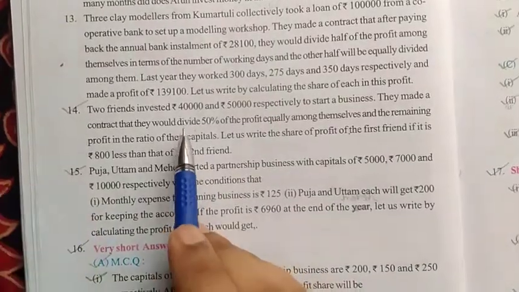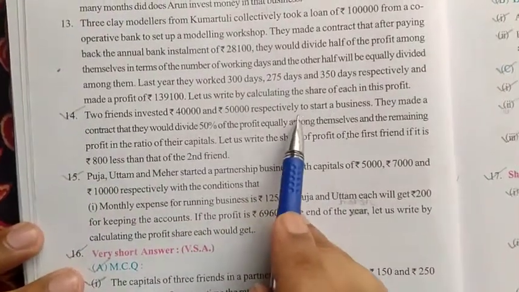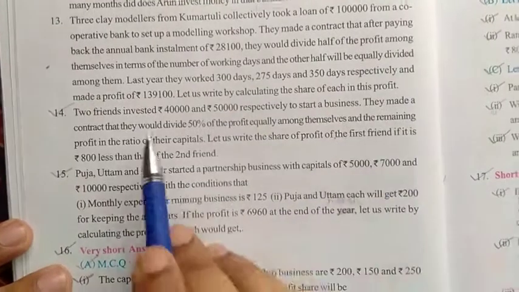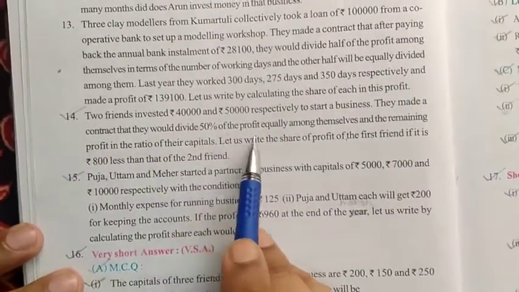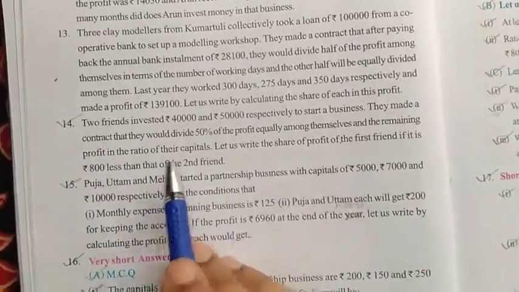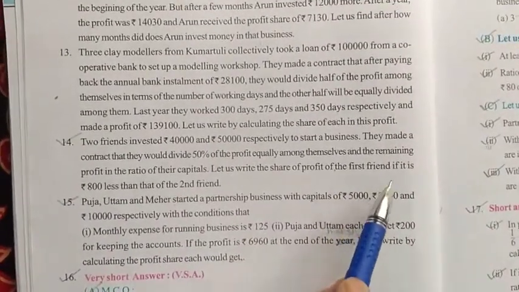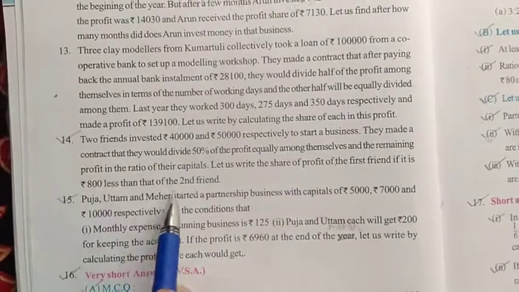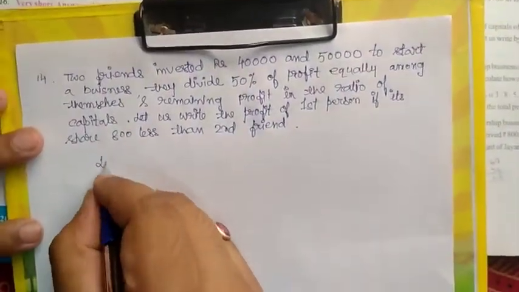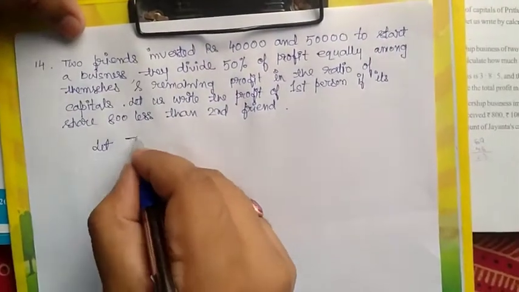Two friends invested rupees 40,000 and rupees 50,000 respectively to start a business. They made a contract that they would divide 50% of the profit equally among themselves and the remaining profit in the ratio of their capitals. Let us find the share of profit of the first friend if it is rupees 800 less than that of the second friend. We don't know the profit, so let the total profit be